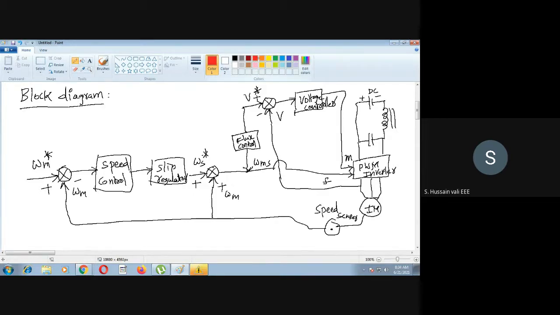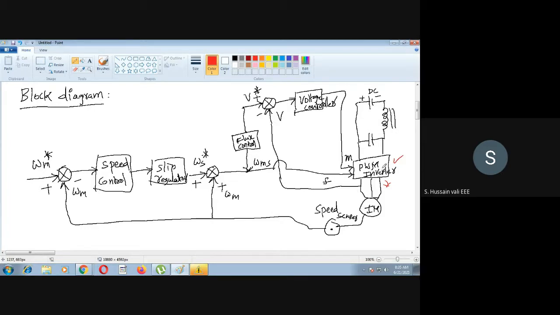Please observe this block diagram here. This block diagram is the same as the block diagram which we studied for the PWM inverter. Here also you have the PWM inverter. Now where is the scope for the cycloconverter here? That is the question. After this PWM inverter you can put it if you want, or simply instead of having this block, the only intention is that the block diagram using the cycloconverter and the block diagram using the PWM inverter are both the same.